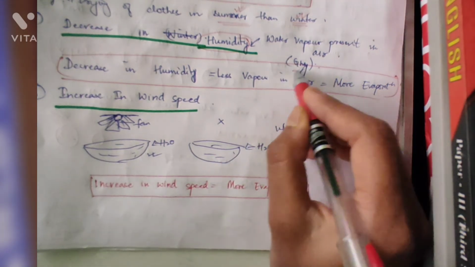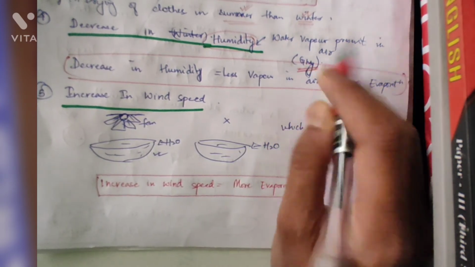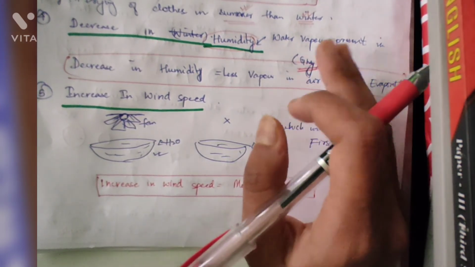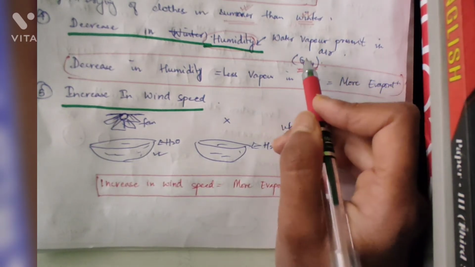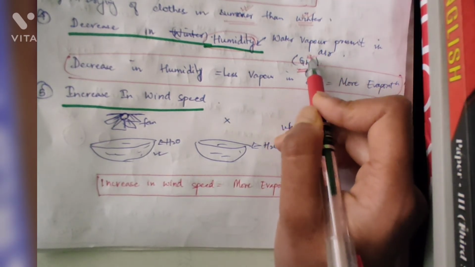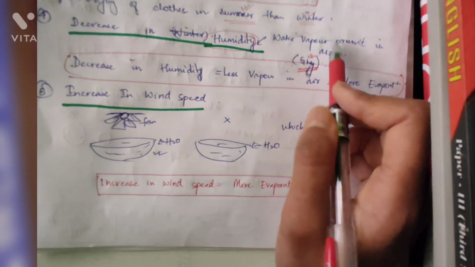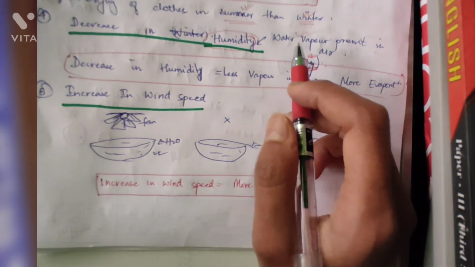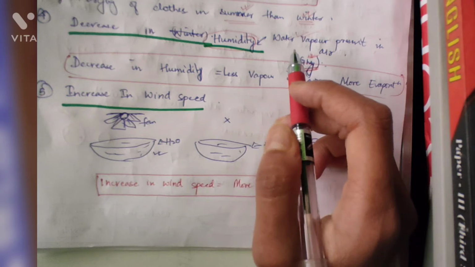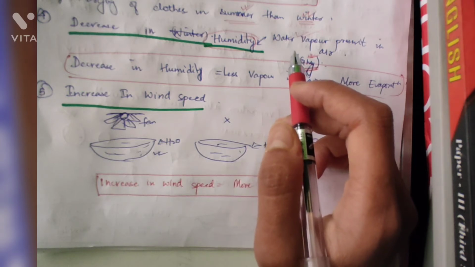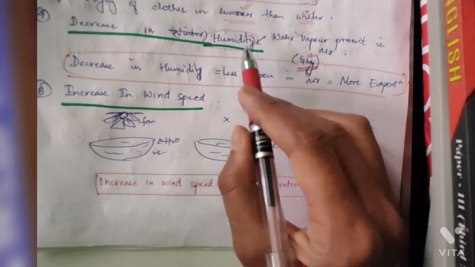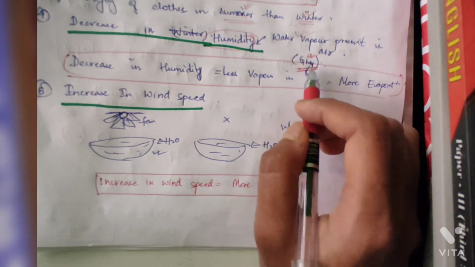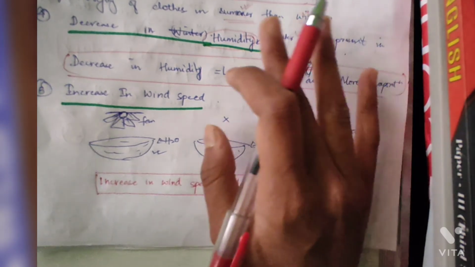Okay, so every one of you has gone to Guwahati, right? As compared to Shillong, what place do you think is more humid, Guwahati or Shillong? Obviously, it's Guwahati, because Guwahati has more water molecules present in the air. If you sit in the sun or walk in Guwahati, you will feel your face sticking. Why? Because in that air there are a lot of water molecules, that is, it is humid. So Guwahati is more humid than Shillong.